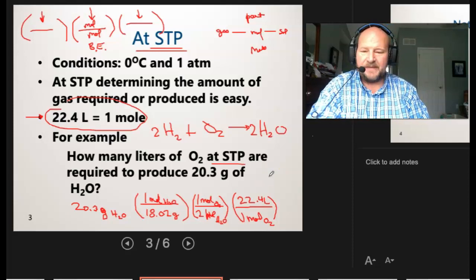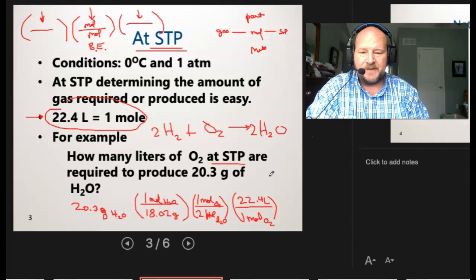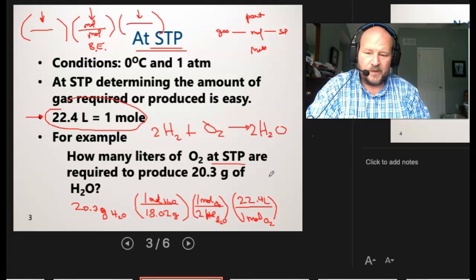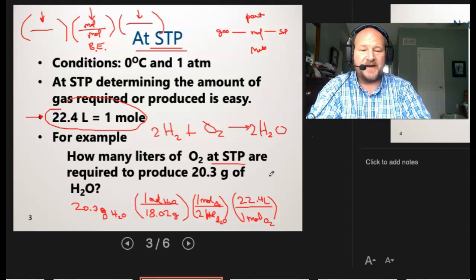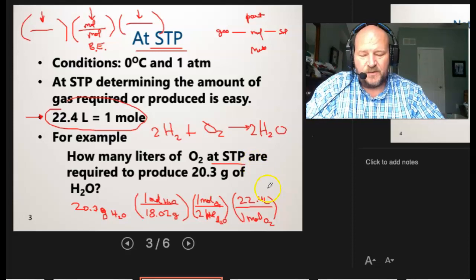And now we'll get out our calculator and we'll just run the math. So we're going to take 20.3 grams. We're going to divide that by 18.02. That tells us how many moles. We're going to multiply that by 1, and divide that by 2. That's going to tell us how many moles of oxygen we're going to need. And then we're going to multiply that by 22.4. And that's telling us we're going to need